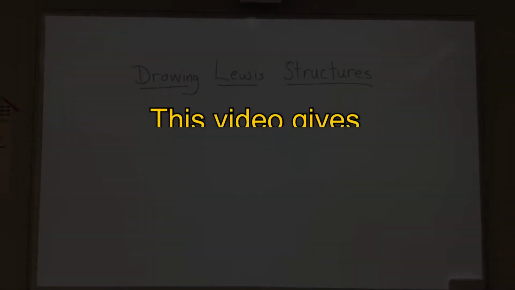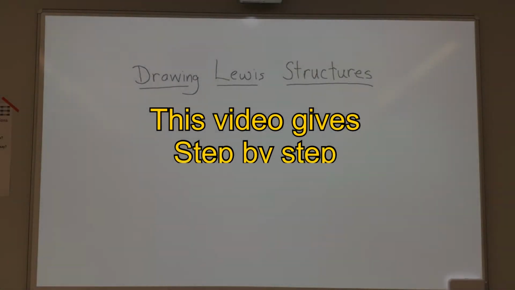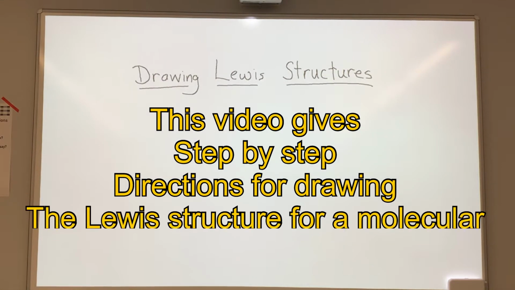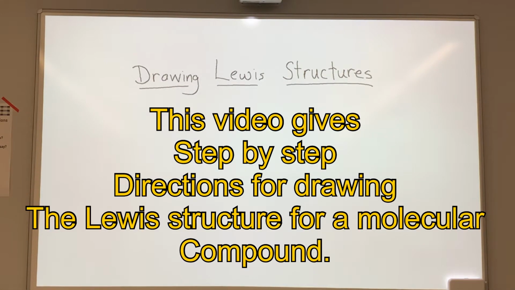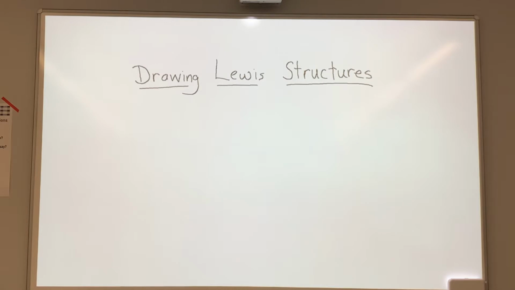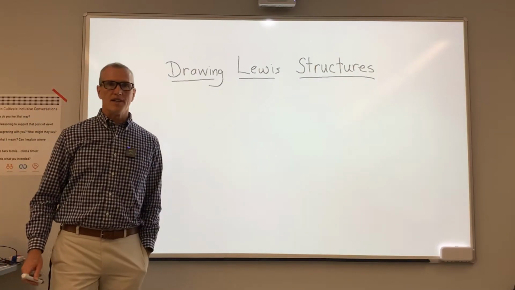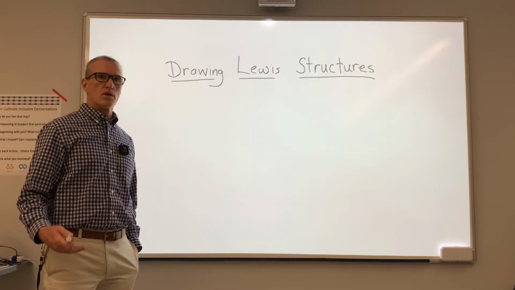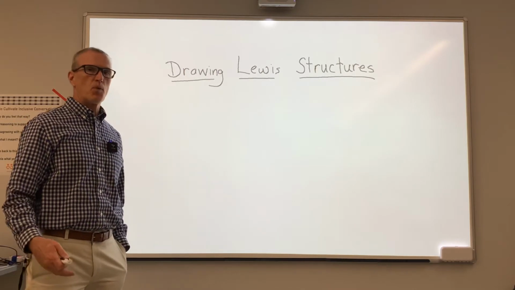The electronic structure of atoms and molecules in ionic structures is so important to the properties of these substances that it's really critical that we're able to have a way of representing the electronic structure and understanding the electronic structure. Hey everybody, we're going to go over how to draw Lewis structures for chemical substances in a stepwise fashion that